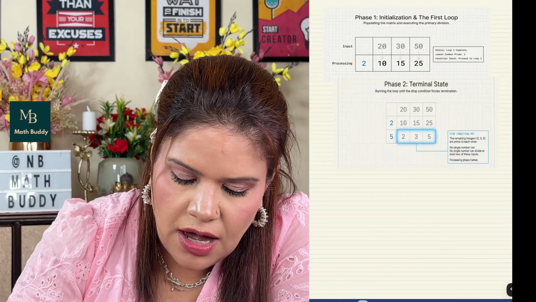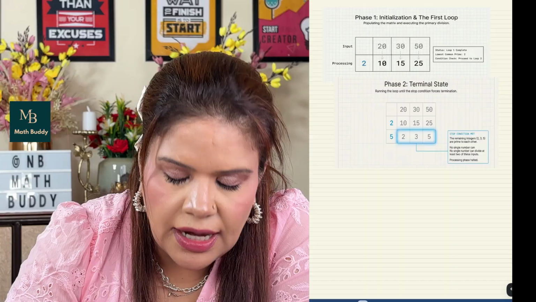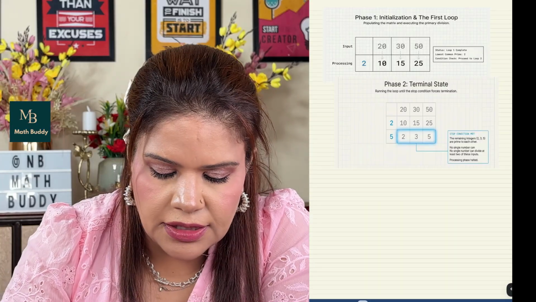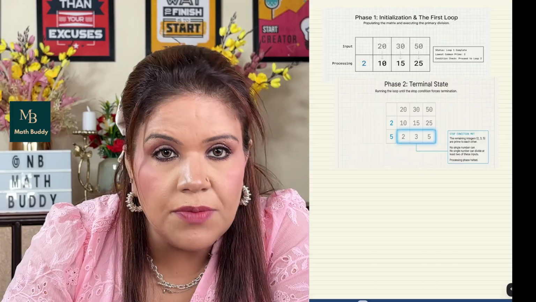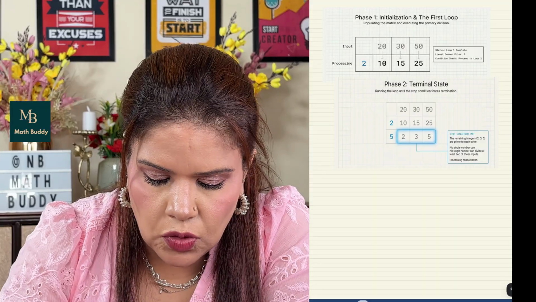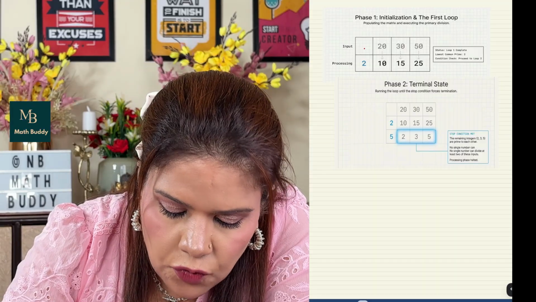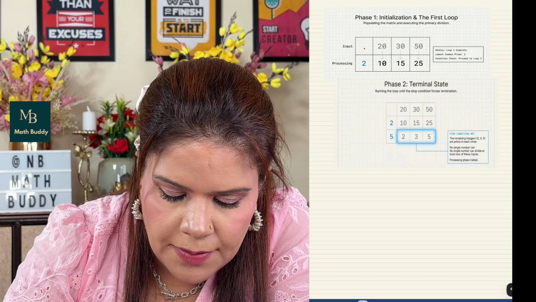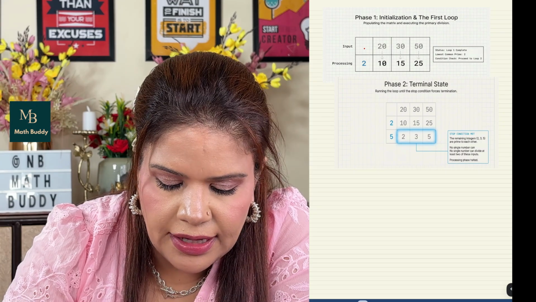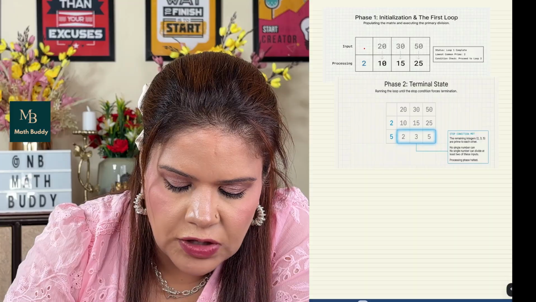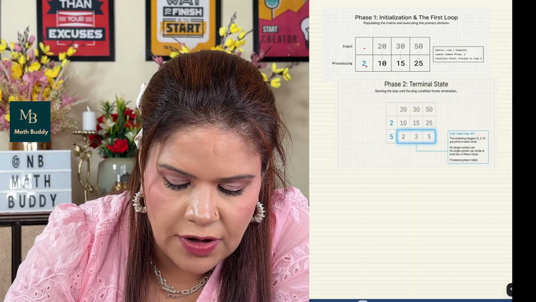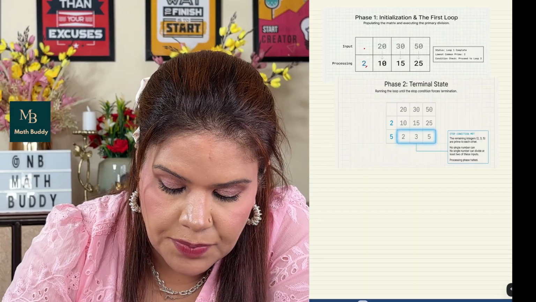Now see, if I have 20, 30 and 50 as my denominator, I can see these are even numbers, so they will be dividing by 2. So 2 with which number should I multiply so that I can get 20? 2 times 10 is 20, 2 times 15 is 30, 2 times 25 is 50, sorry.